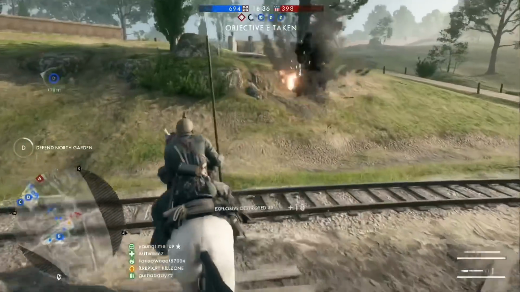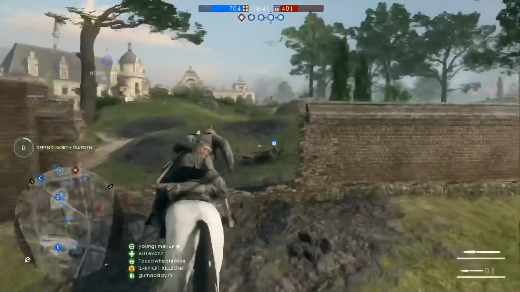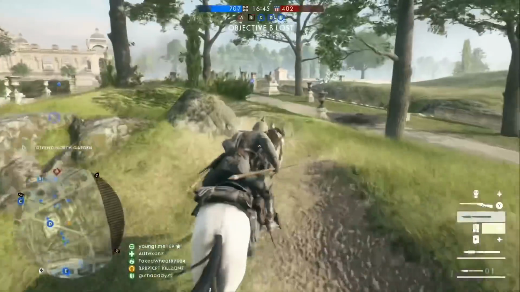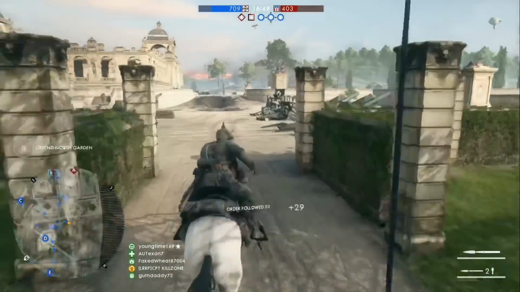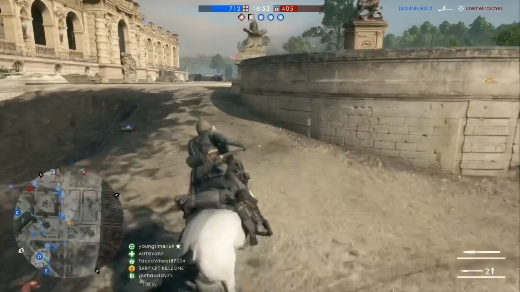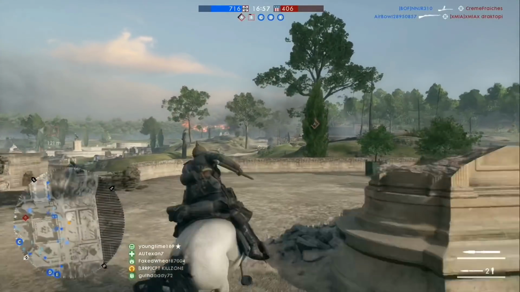Oh yeah, clean up some explosives so I don't accidentally trip on those later. Got him. We have lost objective Butter. Let's head back to Objective Butter then. A lot of times people will put AT mines in those little pits, right? So I just curve around them to avoid it. I don't think there's anything in there, but...